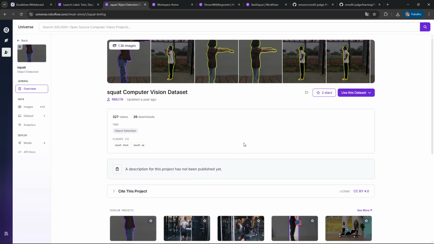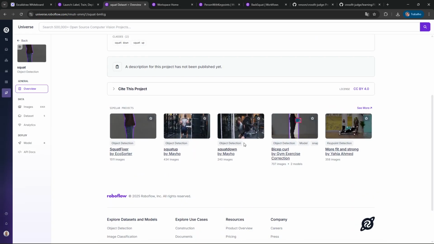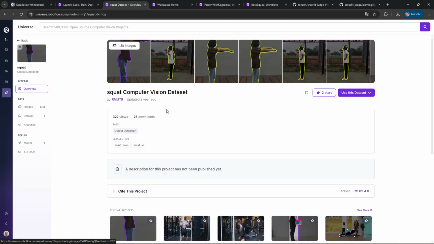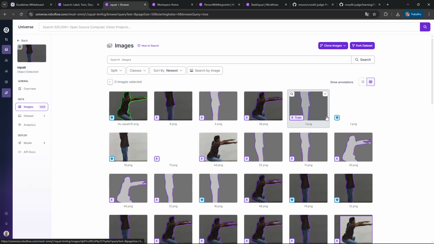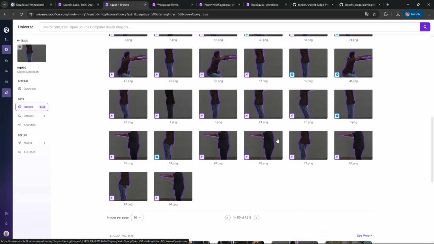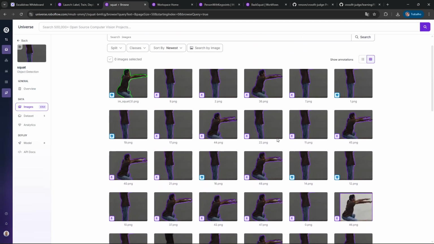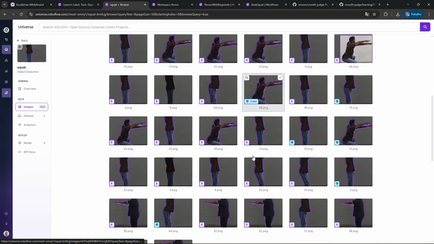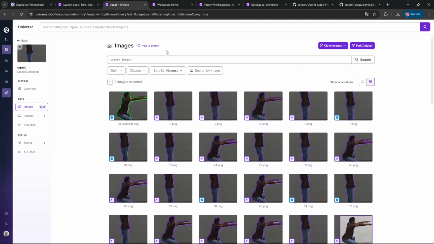I opened it and checked that it has a lot of images in there, where I can see here the image. I see it's classified into squat up and squat down with a bunch of images. So the good thing is that I thought, okay, since it's public, how can I use it?